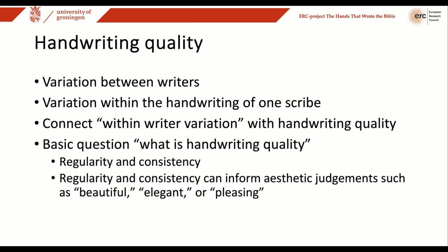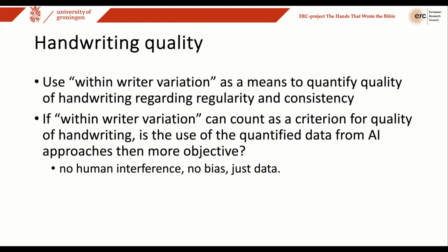My question then is, if we use AI tools, can we then use within-writer variation as a means to quantify such quality of handwriting regarding regularity and consistency? In other words, if within-writer variation can count as a criterion for quality of handwriting, is the use of the quantified data from AI approaches then more objective? Because there is no human interference, there is no bias, there is just data. So we did a small test,